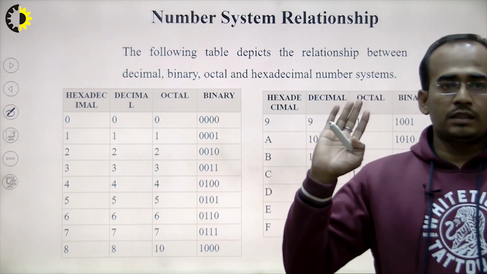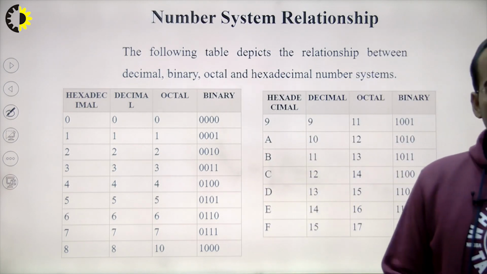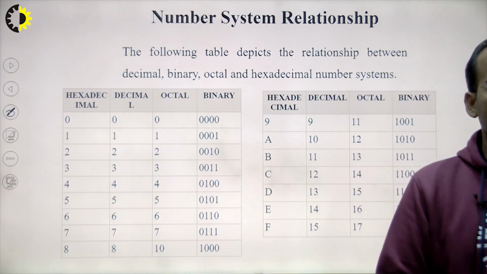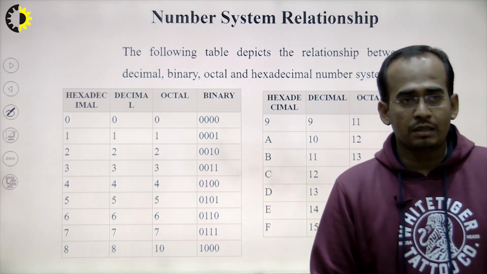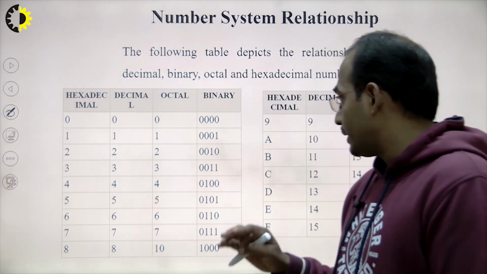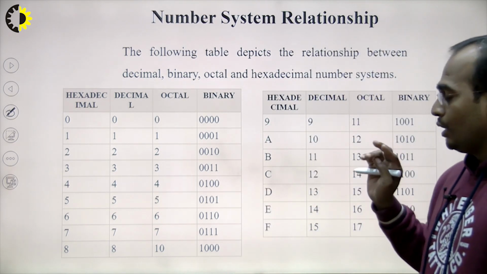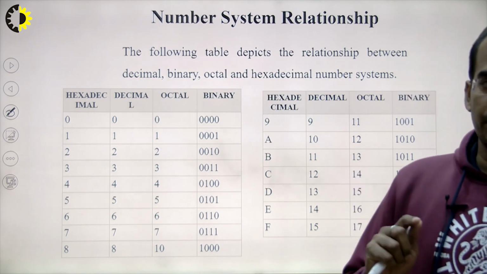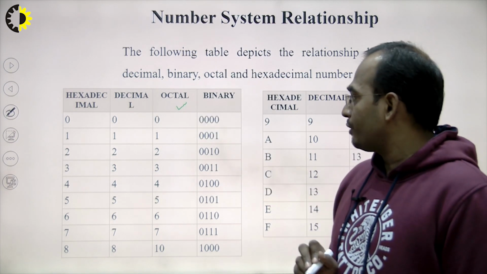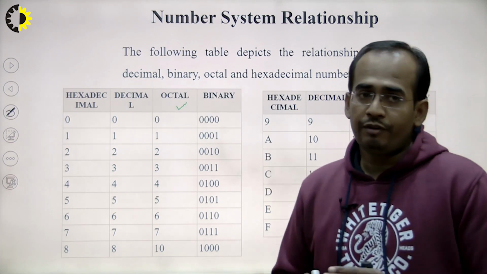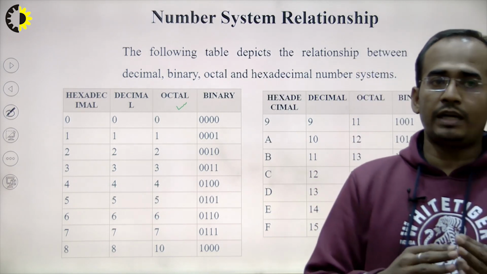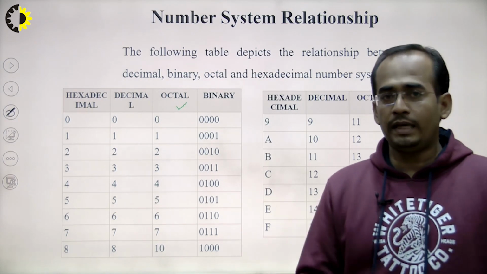Now this is the table representing the hexadecimal number system, decimal number system and octal number system into the binary number system. How will I convert the decimal number system into the binary number system? For conversion of octal numbers, I have to remember that I have to use 3 digits. If I want to convert the octal number system directly into the decimal number system, then we can convert it by first converting it into the binary number system.